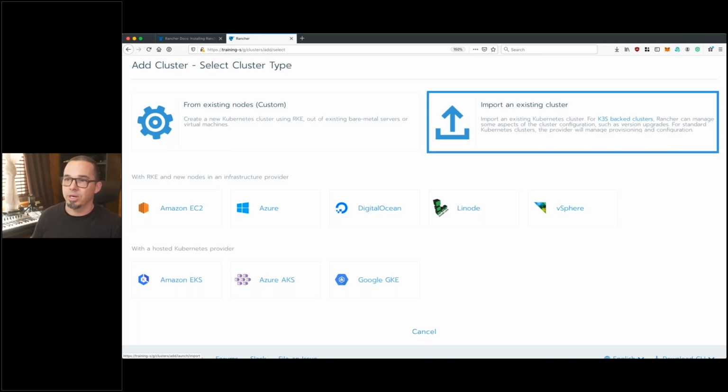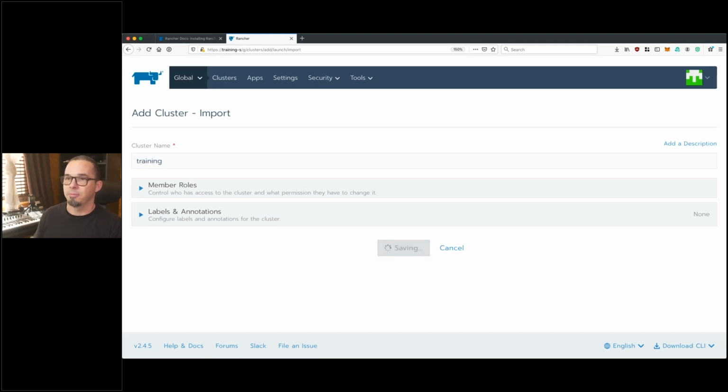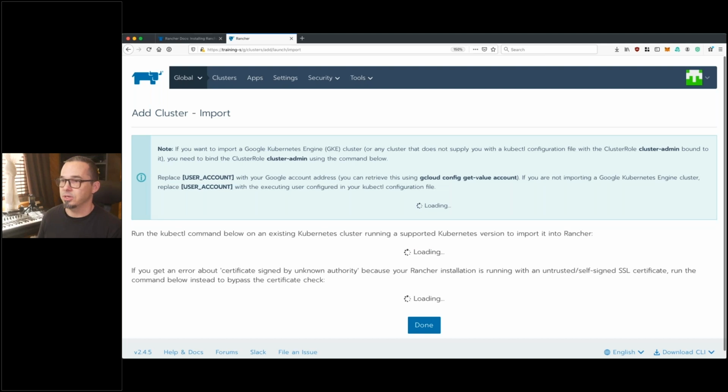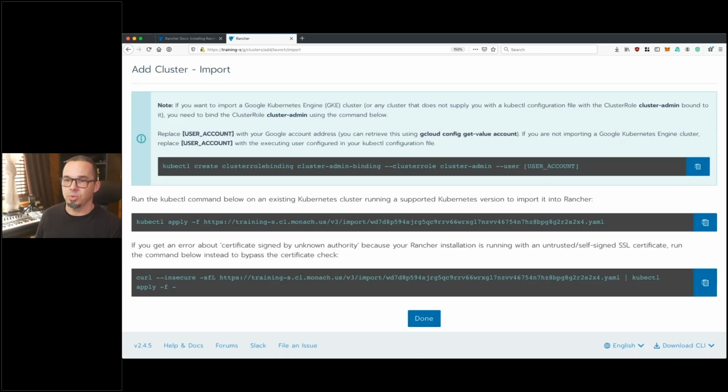And if you have a Kubernetes cluster already running out there in the wild, you can just import it. And that's what we're going to do with our K3s cluster. Because our Rancher server does not use real certificates, we need to use this bottom option because kubectl will not talk to